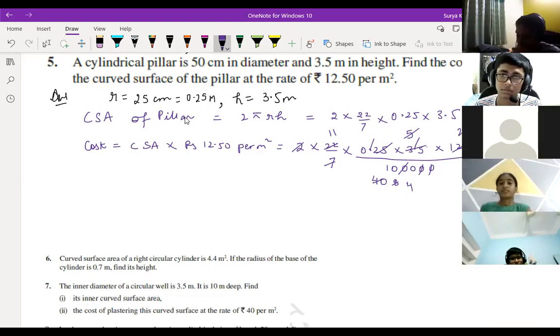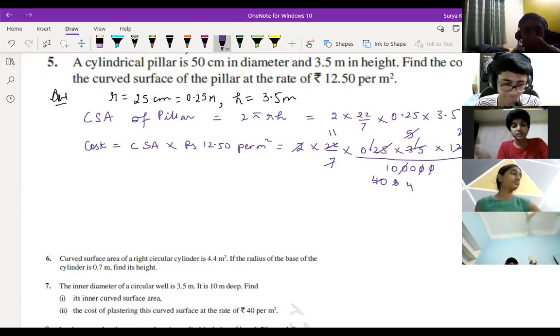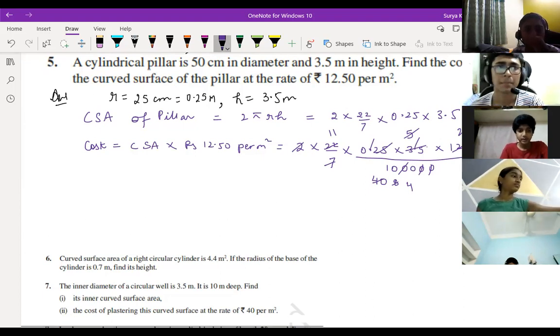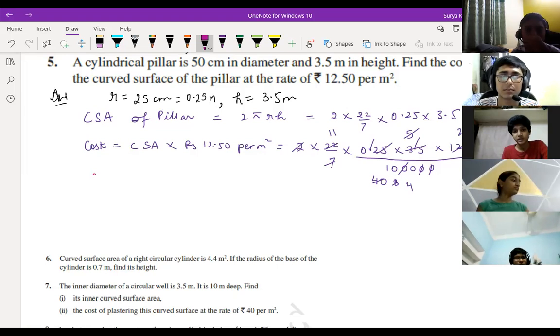Sir, I have a doubt. Where are you having the doubt? Sir, that 11 by 2. I am getting it when I am multiplying 2 into 22 by 7 into 0.25. Sai Charan, on your camera, just tell me. One by one, I'll tell you, so your doubt may be cleared. Tell me slowly so that I can understand in one go. Sir, I have multiplied 2 into 22 by 7 into...